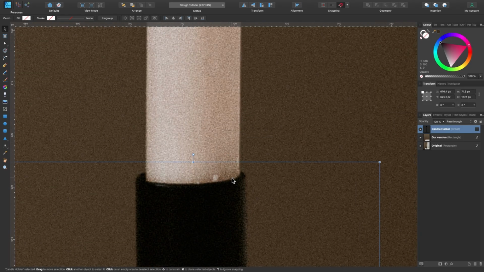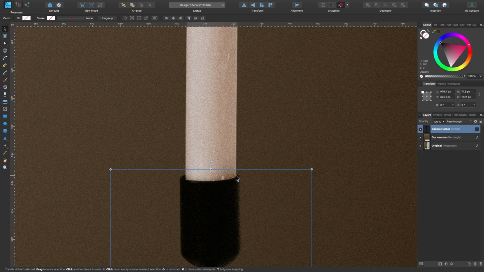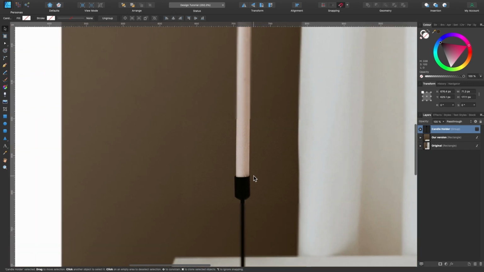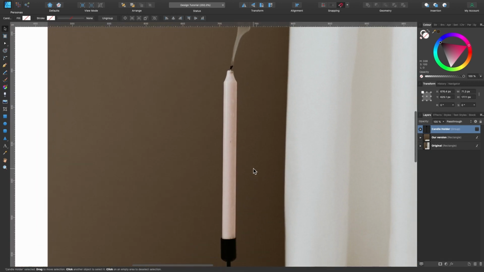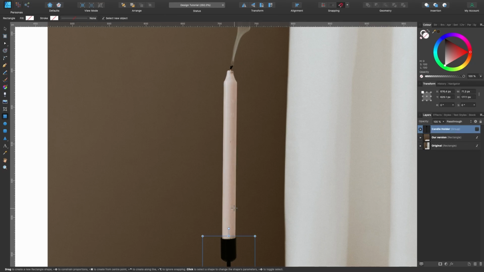I'm going to go in and see what it's like. Okay, so I'm probably going to use the pen tool for this whole thing here. You could draw out a long rectangle, but it looks like it's slightly lopsided here. It's not like a straight line. So if I just grabbed it from there and went down, you see it's kind of not perfect, but we're just going to use the pen tool for this one.